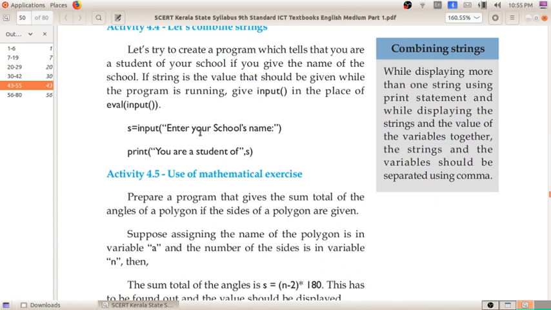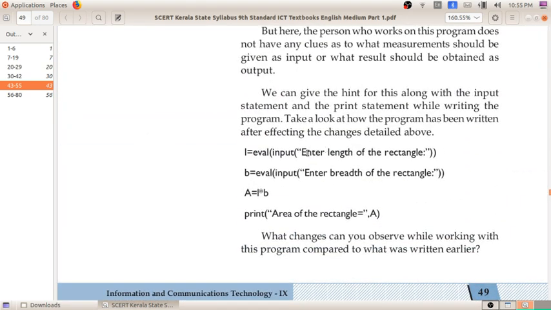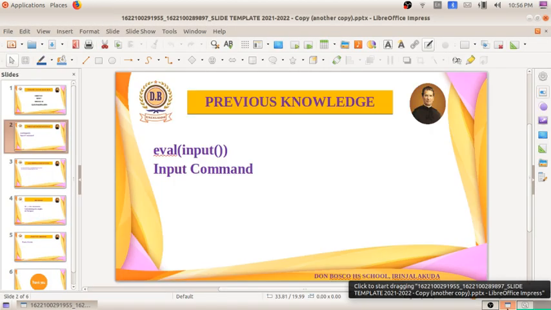Here, enter your school's name is a string, so the answer will be a sentence itself. That is why we use the normal input command, and if the answer is in digital form, then we use evaluate of input. We have discussed all these things and done activities using these two commands. I hope it is clear to all of you.